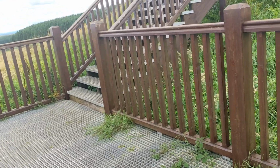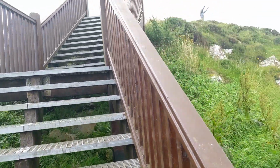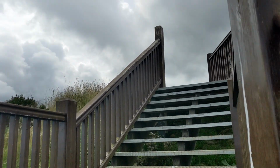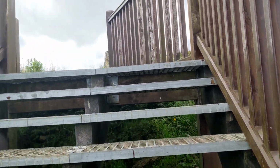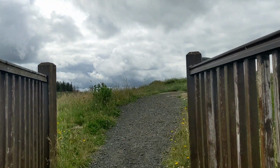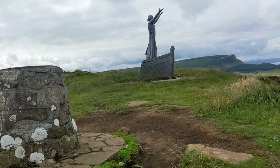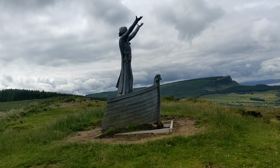After all this walking, now I have to walk up these stairs to go see the God of the Sea monument. It's worth it. I'm trying to look where I'm going and keep this video straight at the same time. There we go. I don't see any bench. Guess I'll pick a rock. There's the God of the sea, overlooking